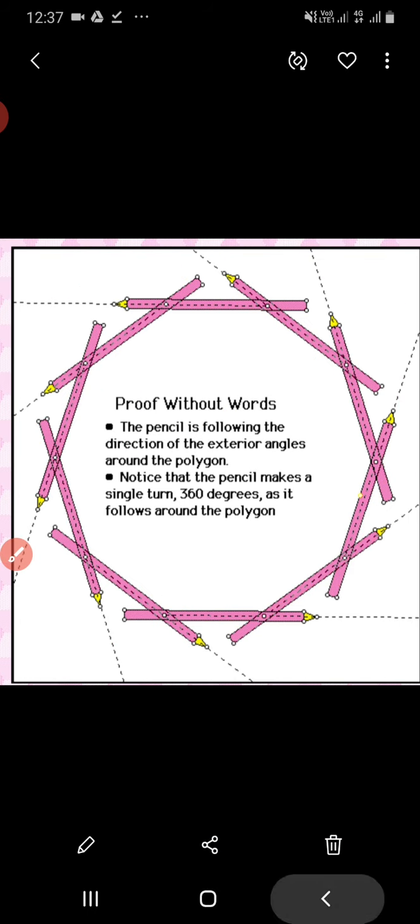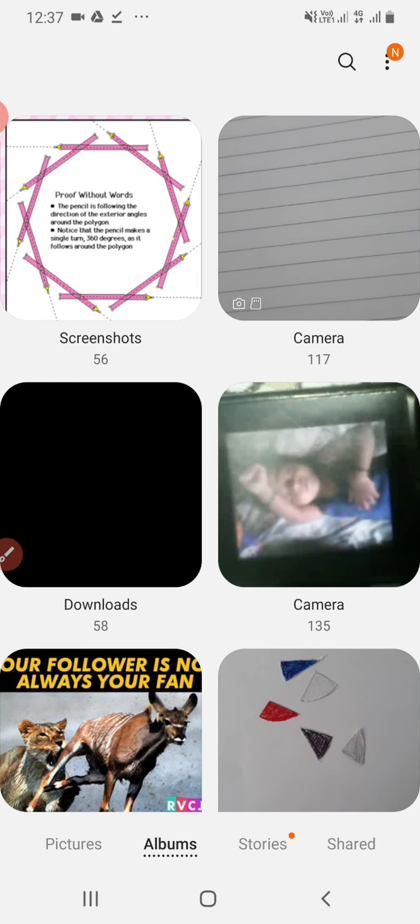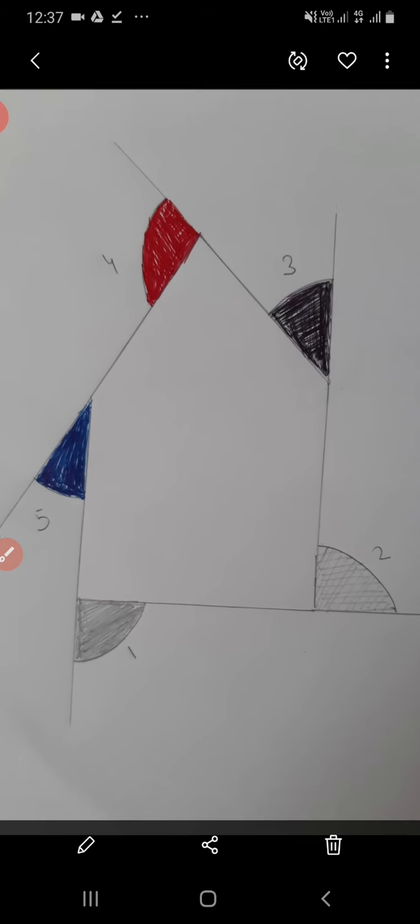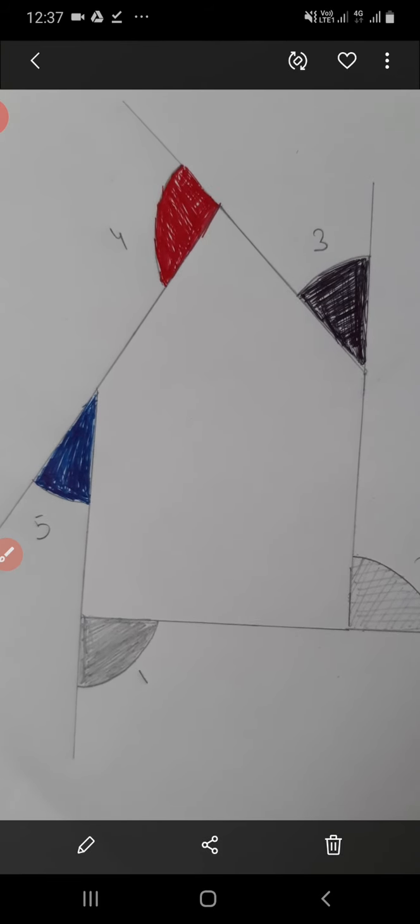So we can also check with another activity. I have drawn a pentagon. Let's see the example of the pentagon too. Here you can see I have just marked the exterior angles of the pentagon: angle 1, angle 2, angle 3, angle 4 and angle 5. For this activity what you can do is